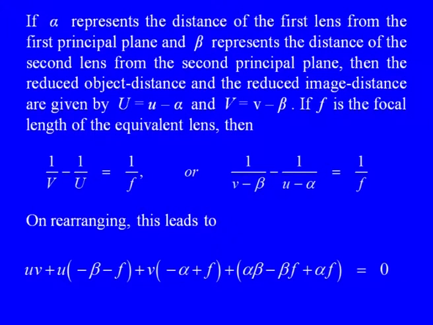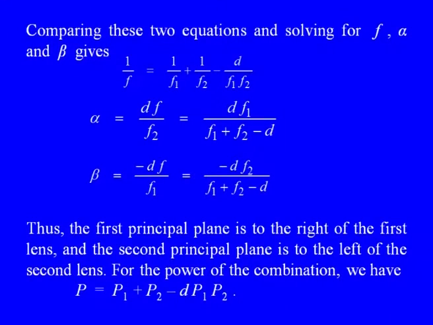On rearranging this, again we have an equation having terms like uv, u multiplied by minus beta minus f, v multiplied by minus alpha plus f, and alpha beta minus beta f plus alpha f equal to 0. We can compare this equation with the earlier similar equation, and that gives us this relationship: 1 upon f comes out to be equal to 1 upon f1 plus 1 upon f2 minus d upon f1